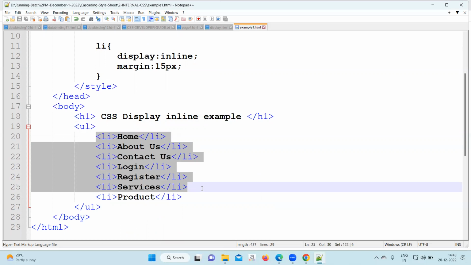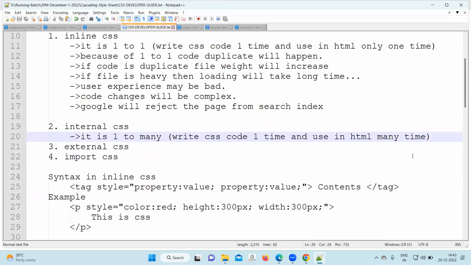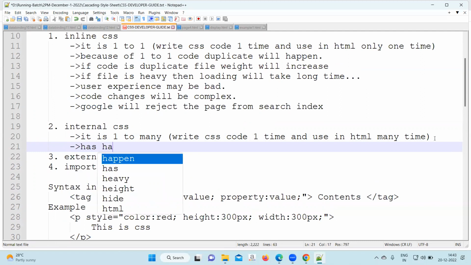Next, after this, we'll come to the developer guide again and we can write here one to many. When you are writing one to many, this can be possible through 4 to 5 methods. So we can write here CSS has 5 methods,